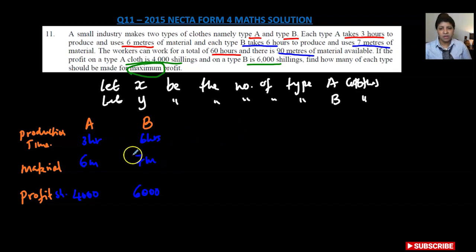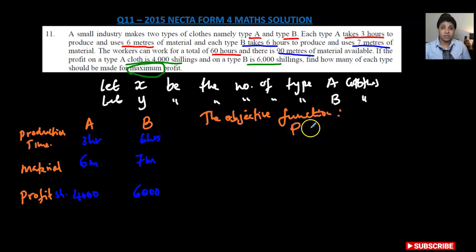Now, with all this information, what do we need to do? We need to have an objective function, because we're going to use mathematics to make a model to find out the number of type A and B to be used in order to maximize profit. So what you need is the objective function. What's your objective? That profit is going to be maximized. So we need to maximize